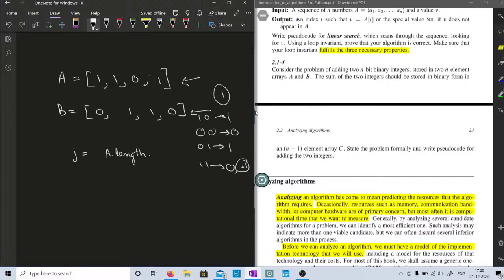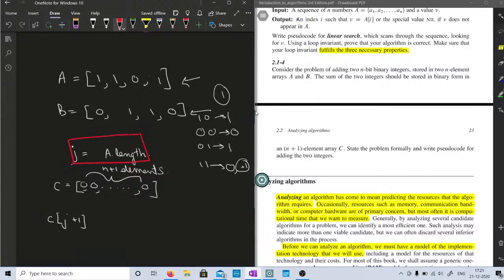Okay, we can do this. So what we'll do is we'll start from the last digit. Let C, and we'll reverse C later, I think. So let j be a dot length. Now let C, let's suppose we can define later elements of the array. No, let's define C to be 0 0 0 initially only, n plus 1 elements. Now let C j plus 1 equal to